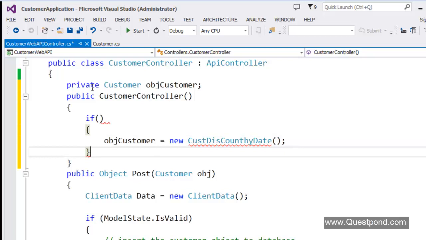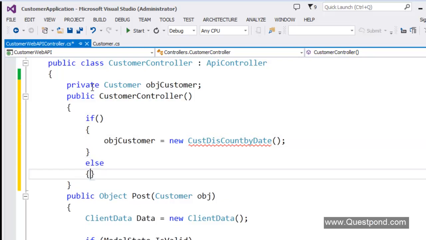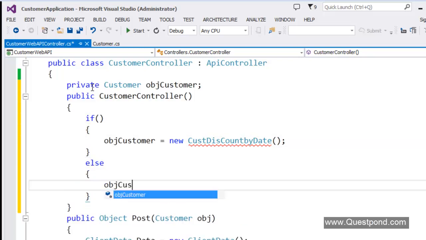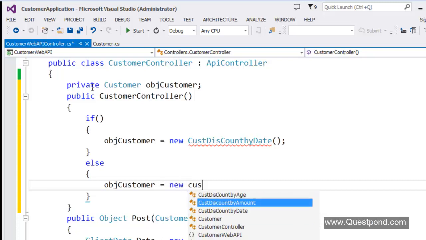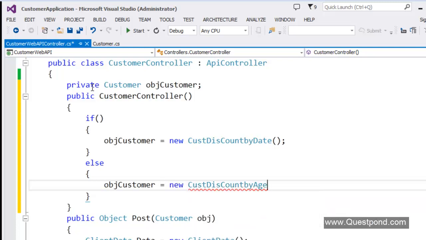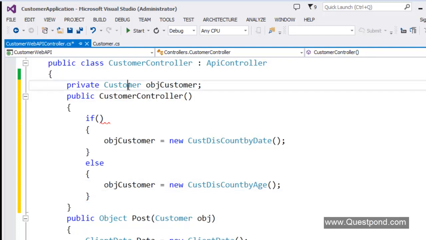Or else, they will say, go and point towards new customer discount by age, right? So basically, most of the time, developers would use this methodology. They will create the object somewhere in the customer controller, and depending on situations, create the object of discount by date, discount by age, or discount by amount.